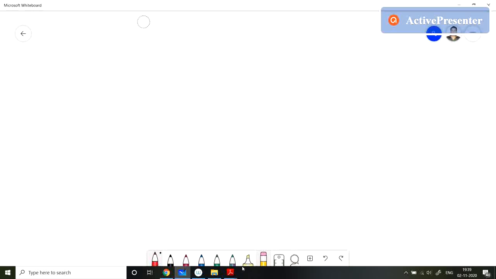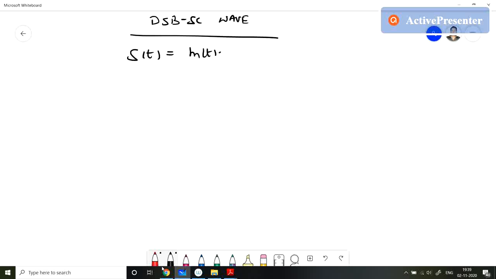So the DSB-SC wave, we have discussed the DSB-SC wave. We have s(t) equals m(t) multiplied by c(t), and it is equal to Am cos 2πfm t multiplied by cos 2πfc t. So what is here? We have Am and here Ac also. So Am into Ac